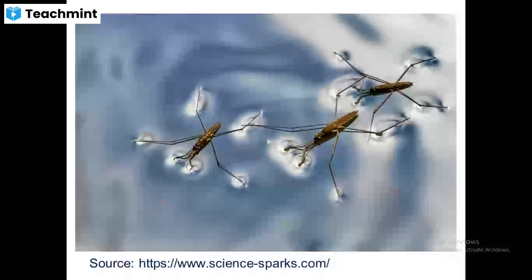Again, the reason is surface tension. It is because of the surface tension that these bugs can easily walk on the surface of water without any problem. Let me remind you, this surface has to be still water. In the sense, there should not be any disturbance on the surface of the water.